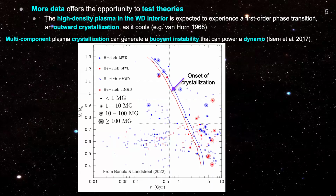The other interesting problem, which is basically the work that I have been doing, is that multi-component plasma crystallization can generate buoyant instability and potentially power a dynamo to generate a magnetic field. This buoyant instability is created, I'm going to explain more details later, because the solid phase and the liquid phase in the transition do not have the same composition. So they are buoyantly unstable and produce convective motion,